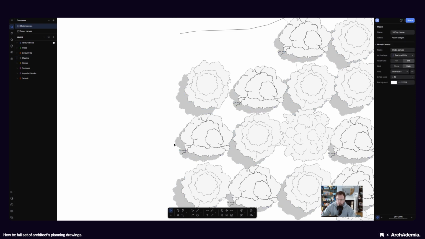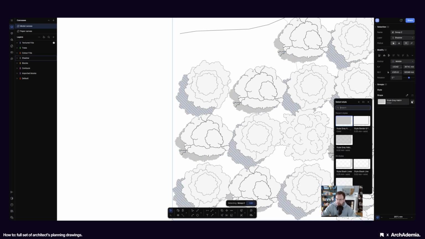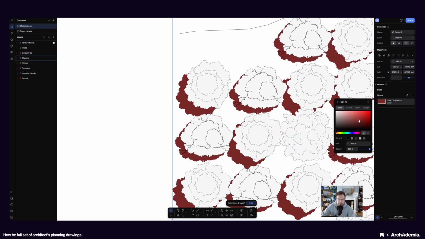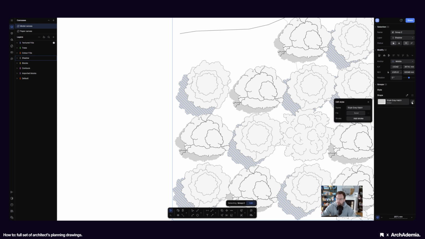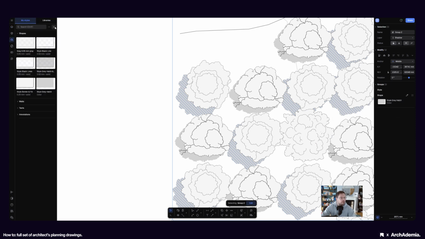Now, notice that that's doing that universally, I think. Let me just double check that actually. Yeah. So I think we would have to add a new style here. Shape wall. So I think it's shape. Here we go. So if we want to make something that's truly bespoke, we go to our style tab, create